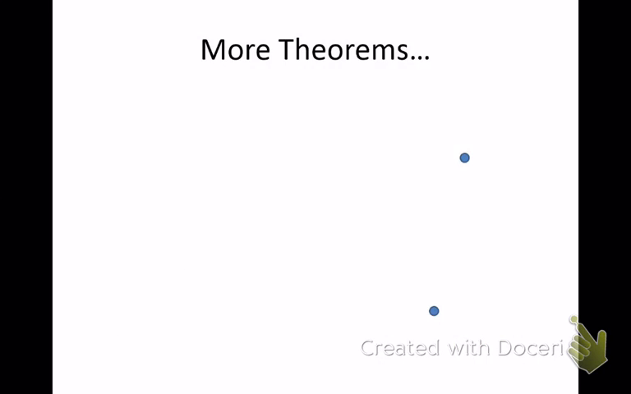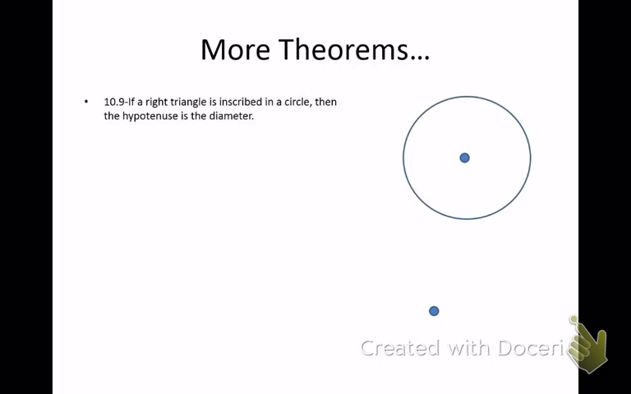All right. Some more theorems. Of course, more theorems. Lots of theorems for circles. Now, we're going to talk about inscribing a couple of different polygons. The first one is a triangle. If we inscribe a triangle,